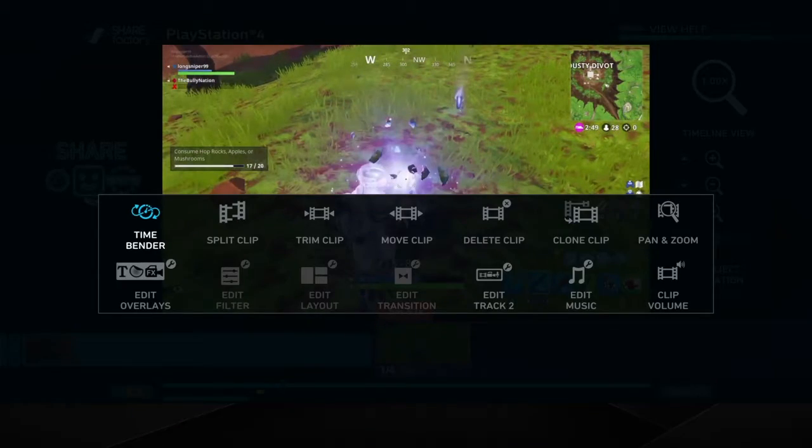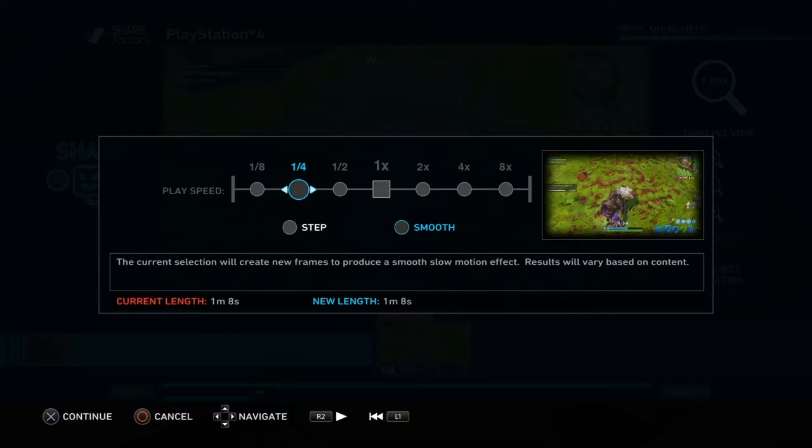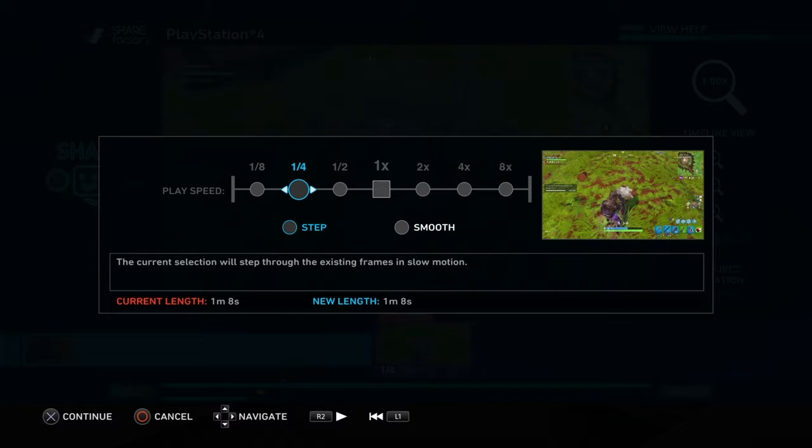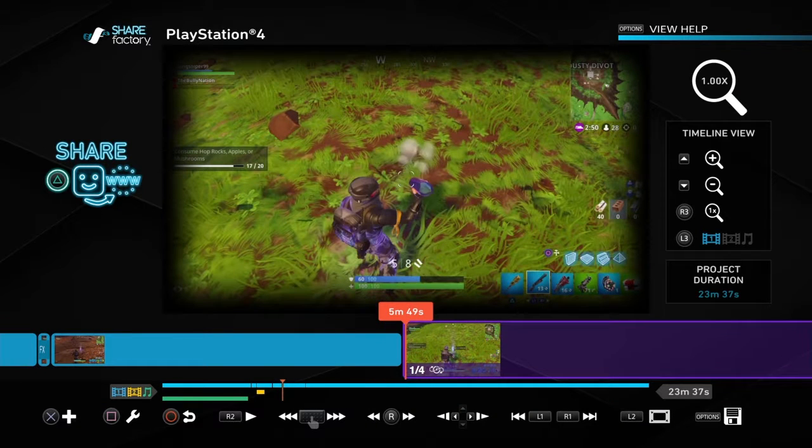You could also change some other stuff, for example, if you want it to be step or smooth. Smooth just puts a nice rounded section on the clip itself. As for step, it's just standard. But as you can see, it tells you a description there. Step: the current selection will step through the existing frames in slow motion. Smooth: the current selection will create new frames to produce a smooth slow motion effect, with results varying based on content. So for example, if we switched it to smooth,